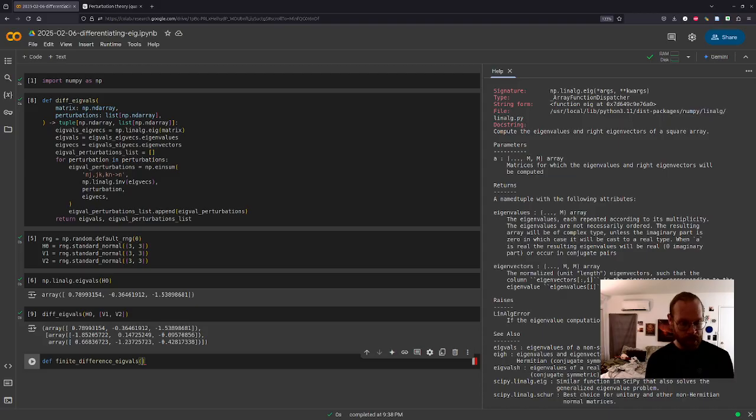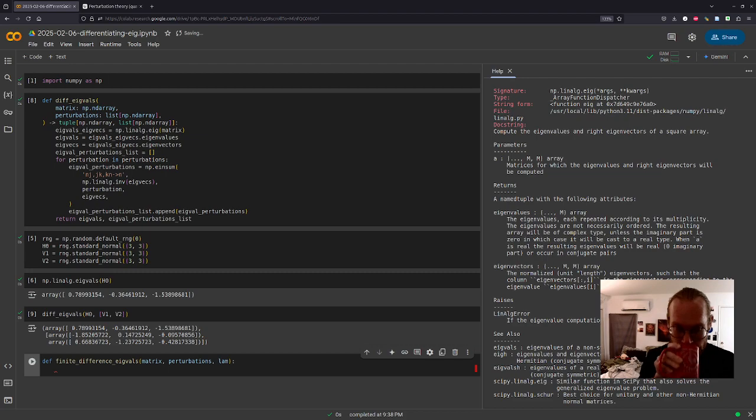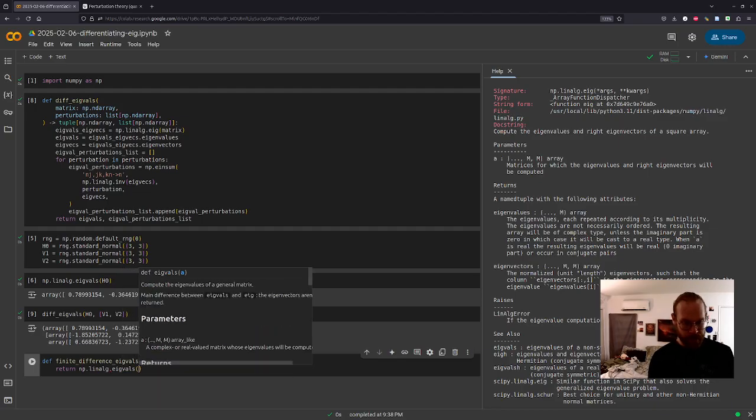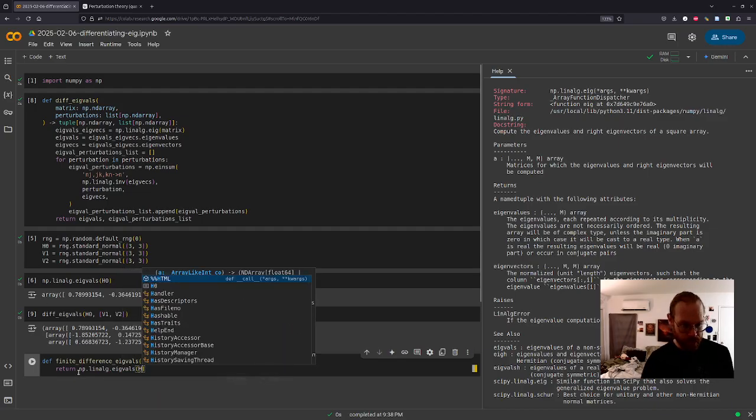We'll pass in the same kind of things, the matrix and the perturbations, and then the small parameter. I'll call it lam, short for lambda, but not actually lambda because Python has lambda as a keyword. And so I think I just want to return eigenvals of h. I guess I need a list of these things.